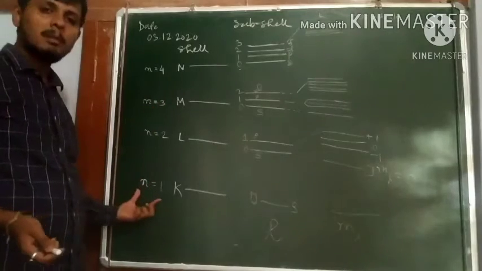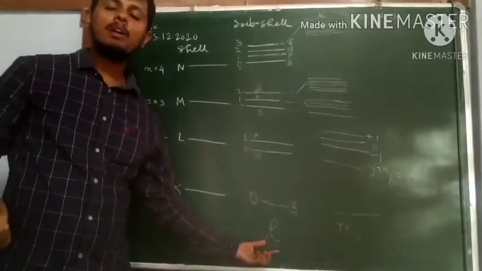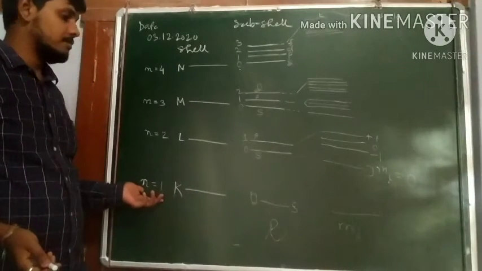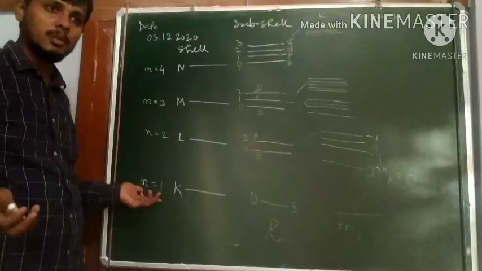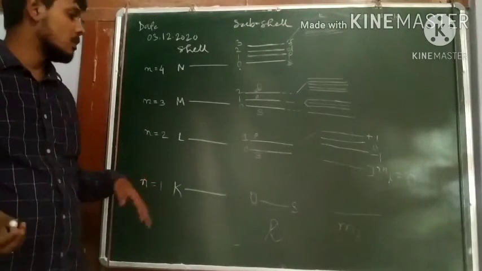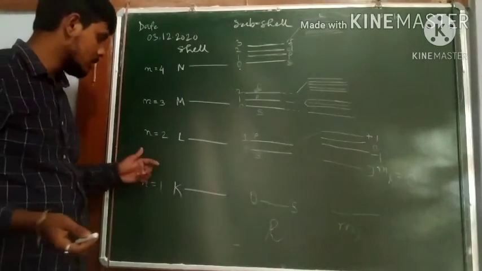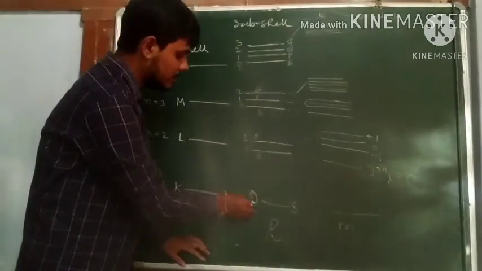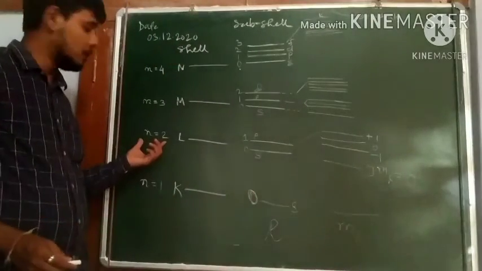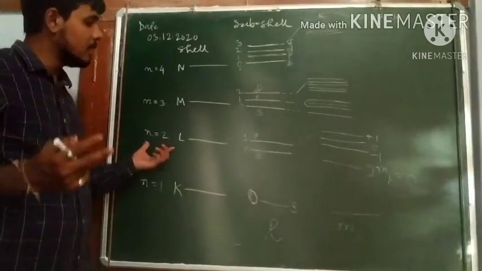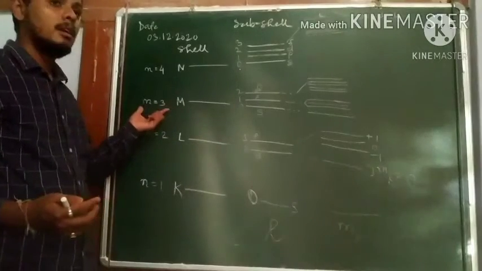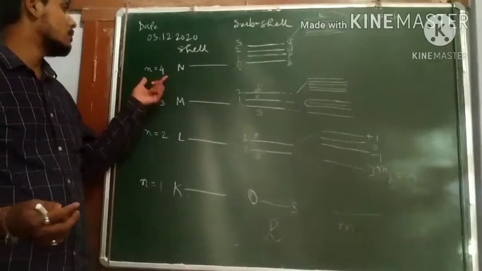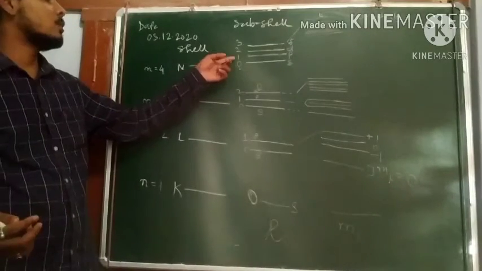So if the principal quantum number is 1, then the value of L we get is only one. So that value of L will range from 0 to n minus 1. Okay, so from 0 to n minus 1 we will get here. Now, for n equals to 1, the value of L is 0. For n equals to 2, we can have two values of L, which are 0 and 1. For n equals to 3, we have three values of L: 0, 1, 2, and for n equals to 4, we have four values of L: 0, 1, 2, and 3.